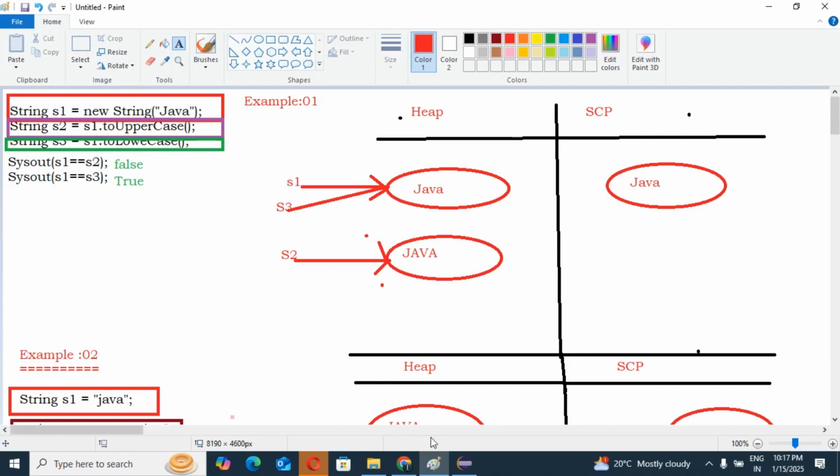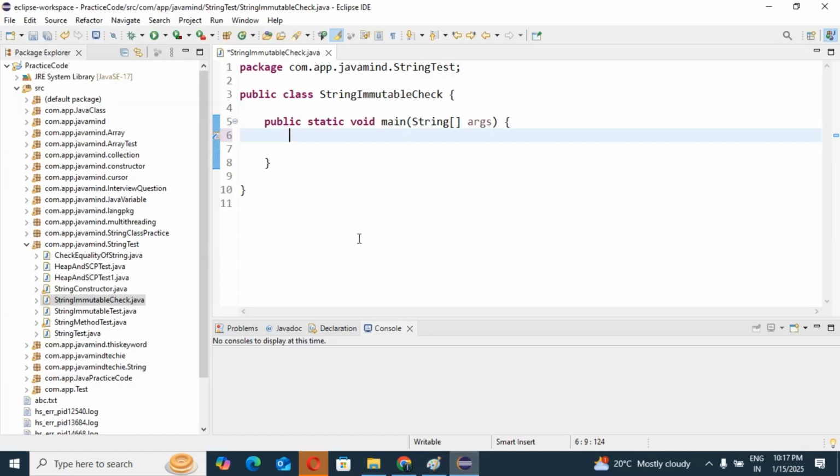Yes or no? So without any further delay we'll check. Guys, see, String s1 = new String("Java"), right? Yes.